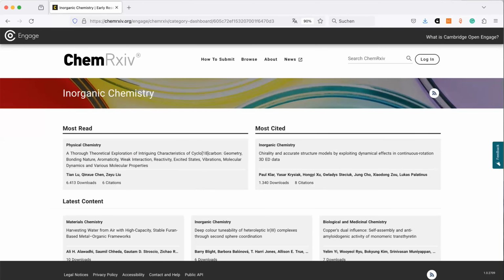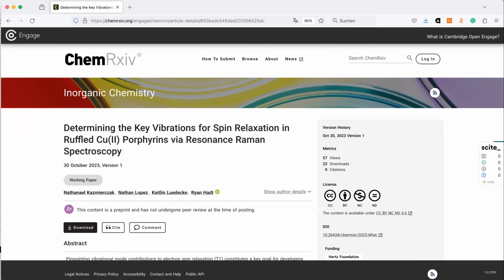So if you click on a category like inorganic chemistry, you see most read, most cited, latest content, which is also from other disciplines, not only inorganic chemistry, like physical chemistry. And you have the same system where you can see the version history, the metrics, nicely the licenses. They also have a DOI, and you can also comment.